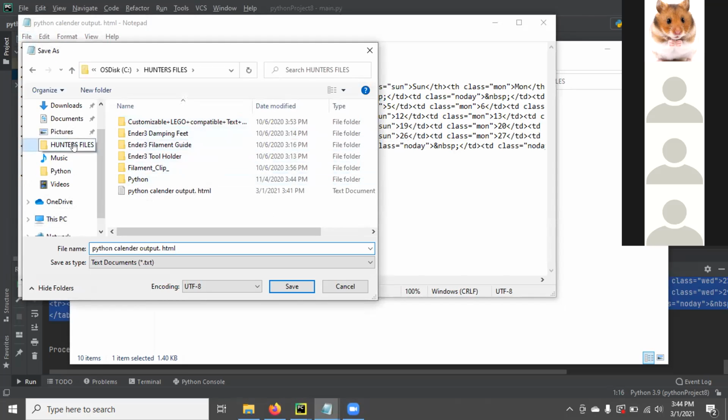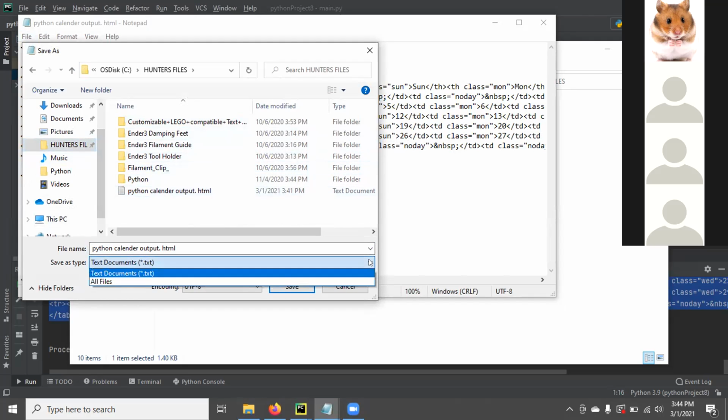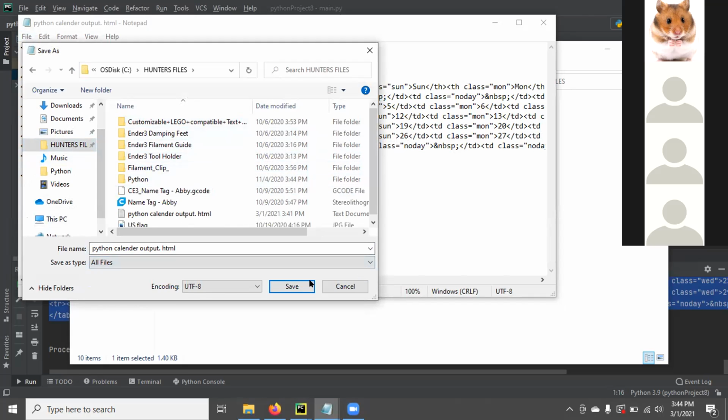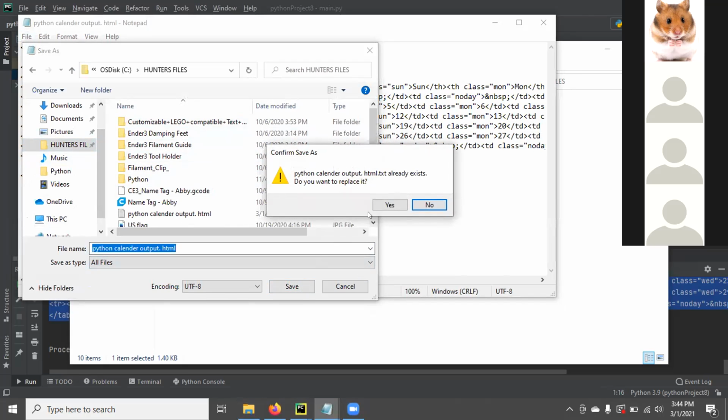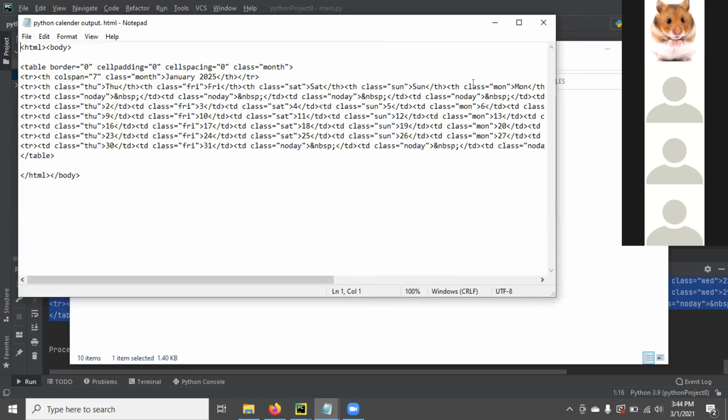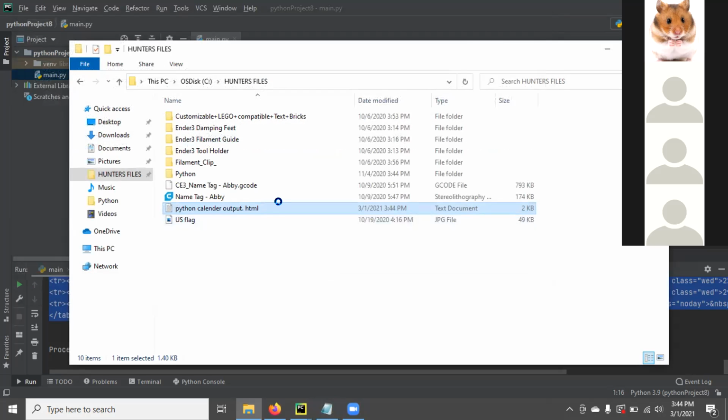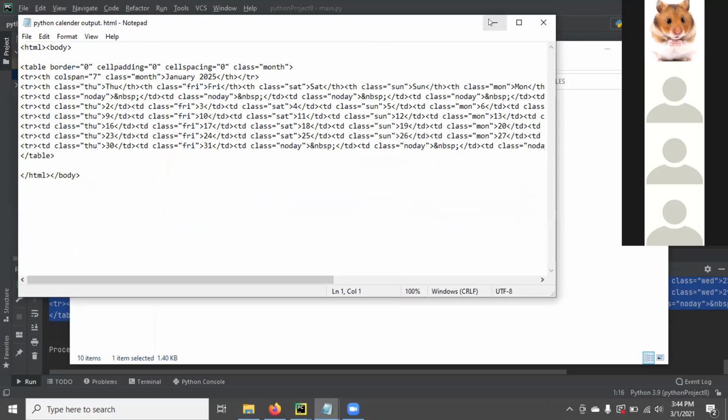Okay. All right. Now do not change anything. Go to the drop down list, the text document drop down list, move down. Yeah. Choose all files. Save it. Yeah, just see. All right. Click